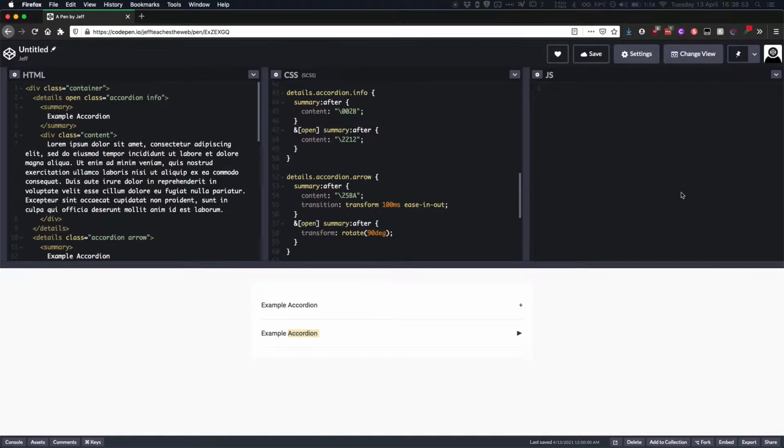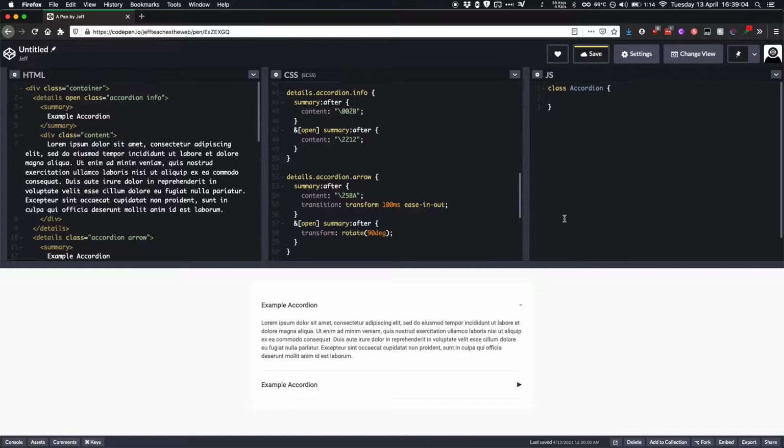The first thing that we want to do is create a class called accordion. The reason why we're creating a class is so that we can create multiple different elements of this object. And then what we need to do is select these details accordions. So all I'm going to do is do a for each below. You can see this might look a little complicated if you haven't started using arrow functions, but this basically means